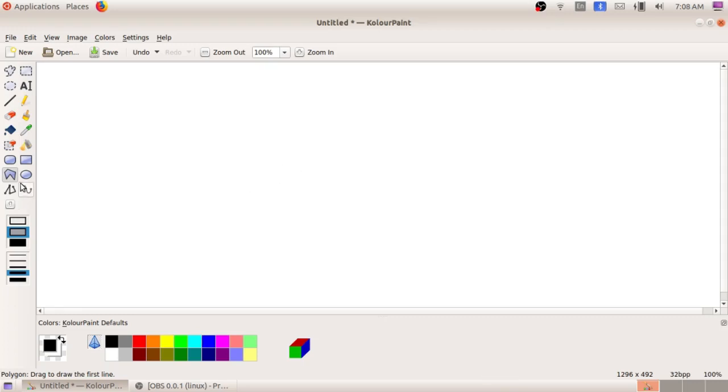Okay, so I have selected the polygon tool. Now just watch how I am drawing with this polygon tool. Don't worry, if you are getting the practical classes when we are reopening the schools, you can practice this. Now you just watch how it is drawn. You just make a click in the canvas and drag. Click and drag, don't leave your mouse, and when you reach the end you just leave the mouse,